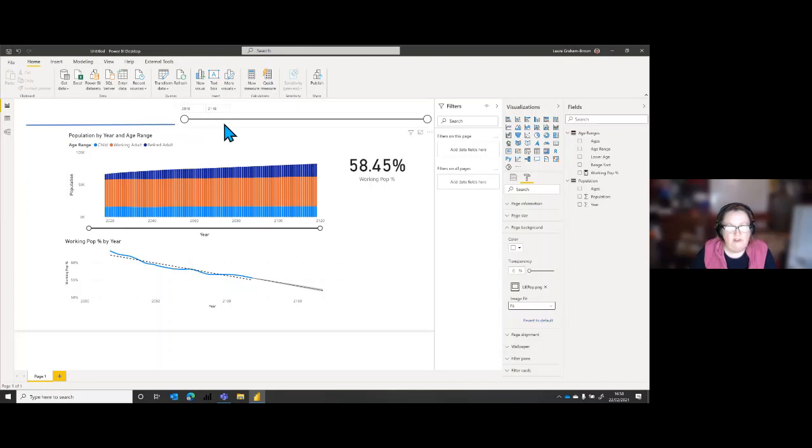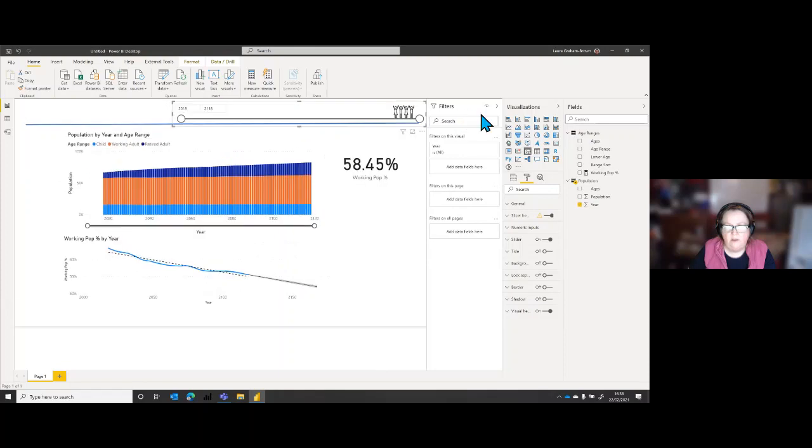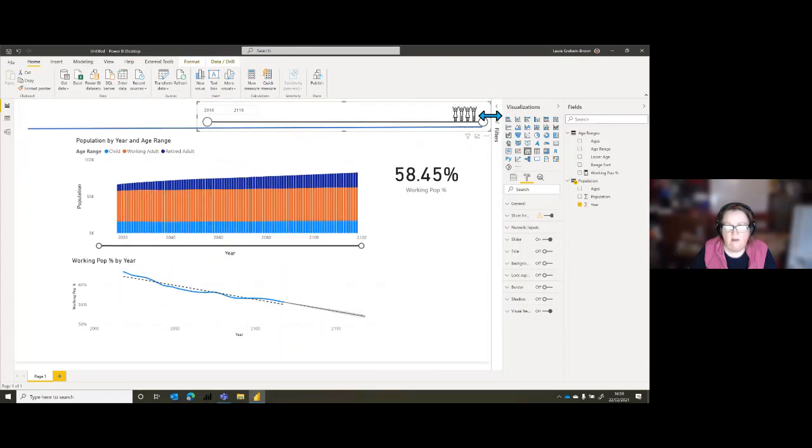One of the tricks is to take some of your visuals that are overlapping with the things in the background and turn their background off. If I turn the background off, it becomes transparent. I could then decide to move my filter to be underneath it, or it could be in the top there. So we can pick and choose where things go for layout purposes. I could even make this one a lot smaller.